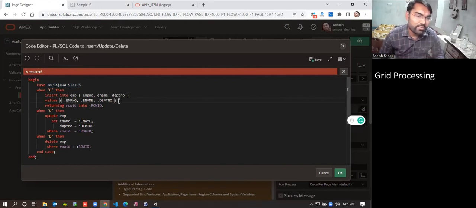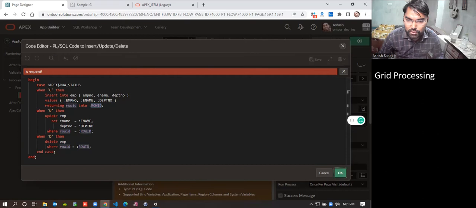This feature is very helpful when you need to write something on top of your logic, like after inserting you need to do something else, after updating you need to do something else. So you can do that with this one. The one thing we need to make sure of: if you are returning a code, primary key or something, you can use that as well. Like after the insertion, we can return values to our interactive grid